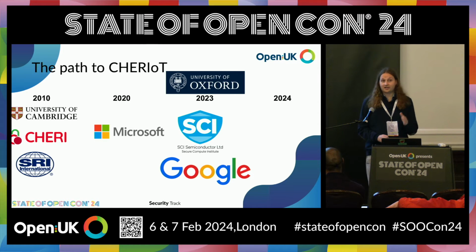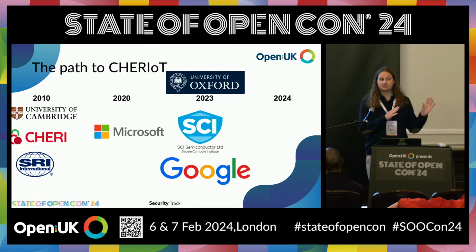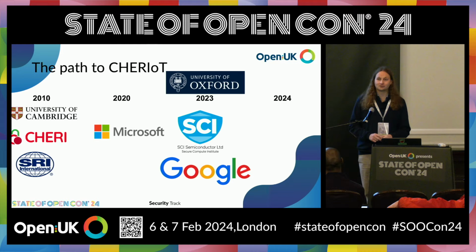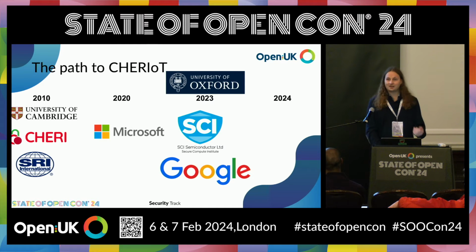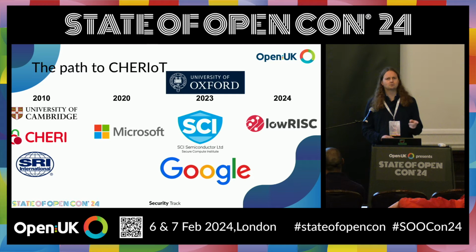In late 2023, I moved to SCI, which is a new startup that wants to produce chips built on top of this technology. Microsoft had some internal use cases, but Microsoft fundamentally is not a microcontroller vendor, and Microsoft does not want to be a microcontroller vendor. They will happily sell a lot of services to people who buy microcontrollers. But SCI wants to actually sell you chips. And more recently, Lowrisc, who gave a talk yesterday, has been building a rich FPGA prototyping platform that you can use with the CHERIoT platform.